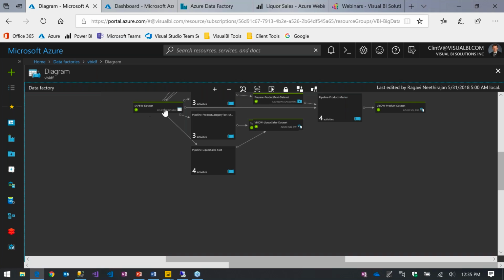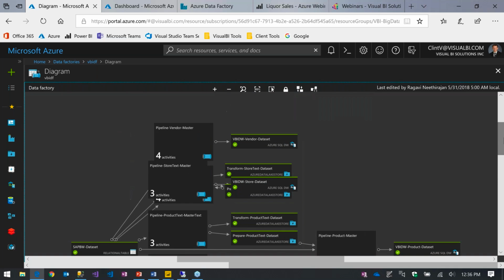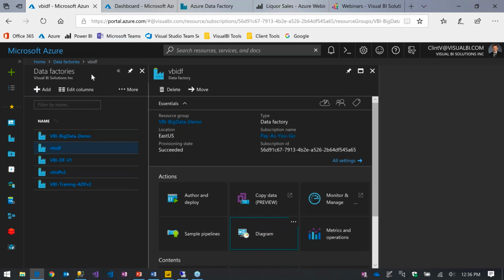We can see that the SAP BW data set is one of the first things, and these pipelines are interacting with that, transforming it and moving it to other data sets. Here's where it makes its way to the data warehouse. All of the pipelines and data sets are represented here. It is a lot to consume, but it does give you a nice graphical representation of what's happening.